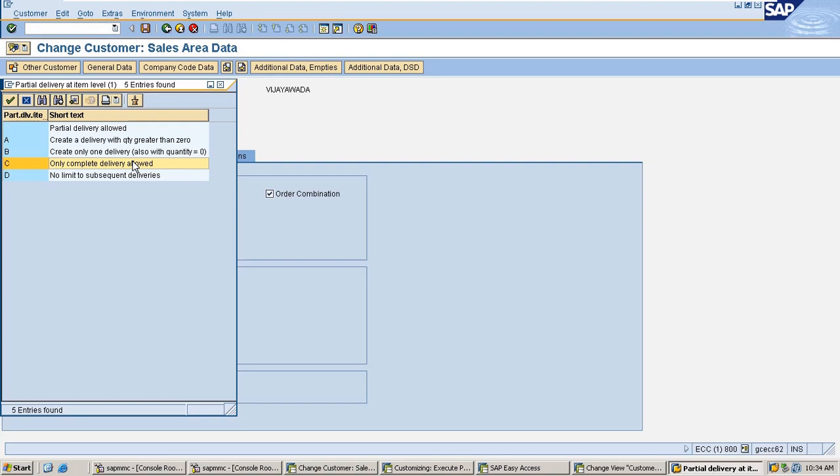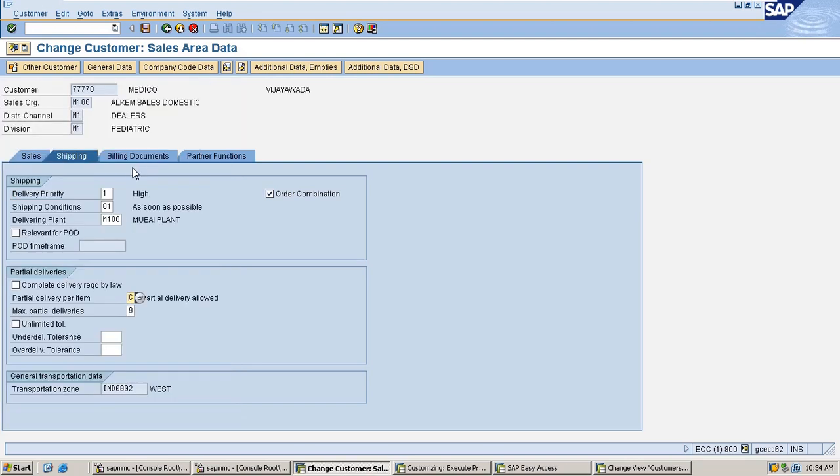And if it is C, then the system will allow only complete delivery.